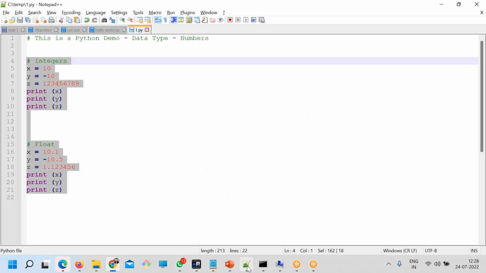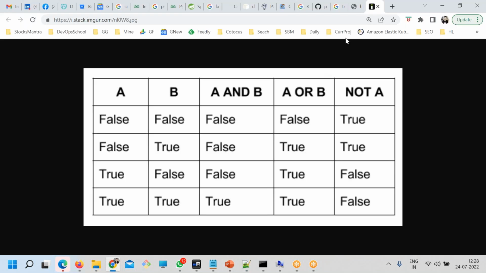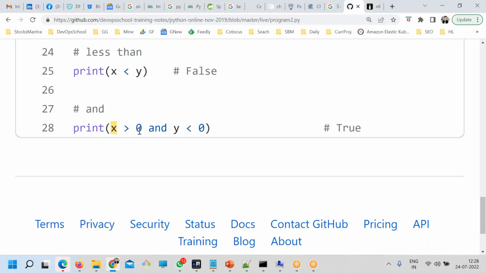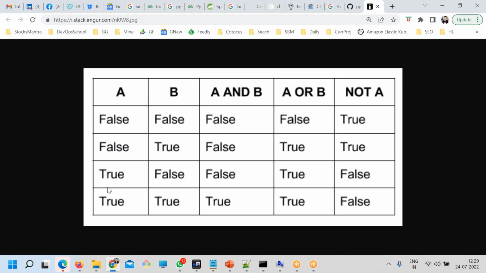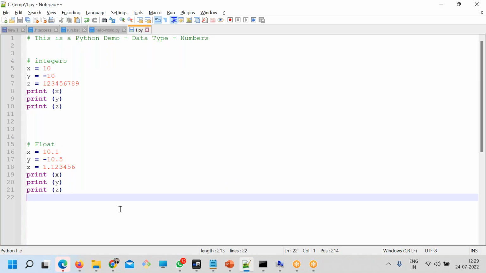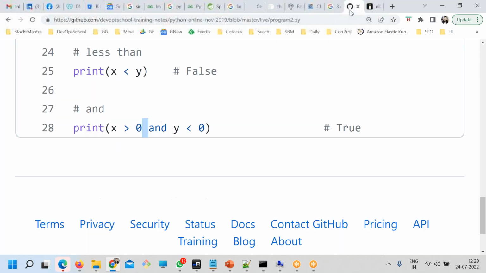So in my code, it was having here true and false. So if I compare true and false, true and false, and false, it should return true.